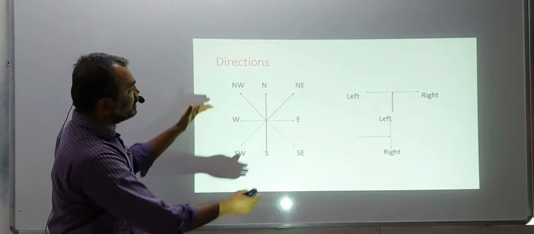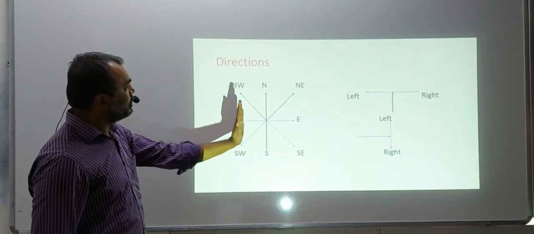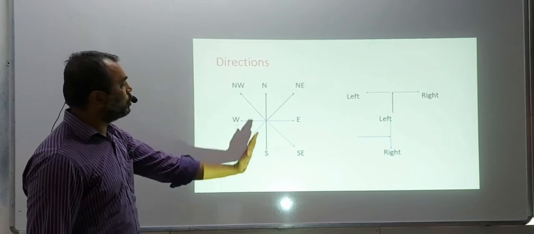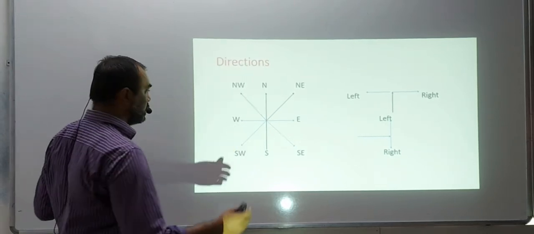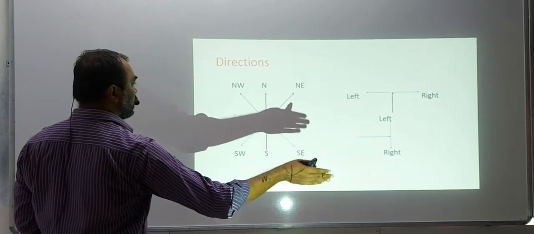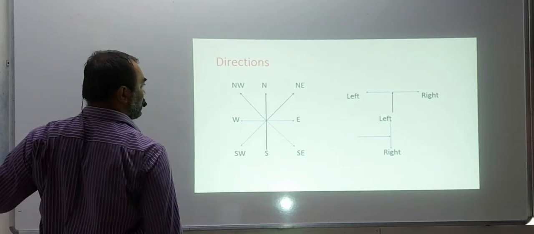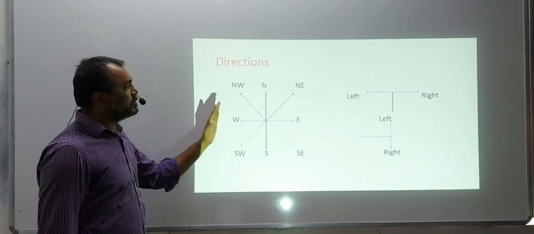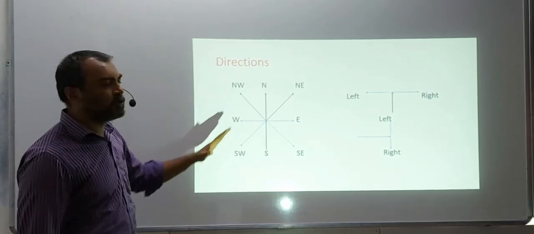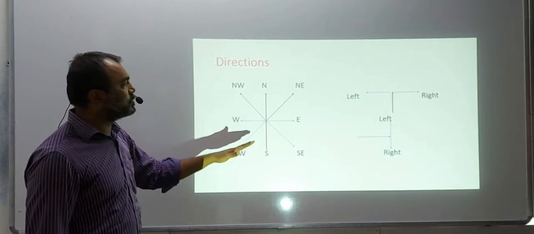Now you can rotate it either way you want, but the best thing would be to take in your paper the top to be the north, bottom to be south. So when you are standing looking at the north at the top, the right hand is the east and the left hand is the west. So these are the directions which you are going to use in today's questions. Okay, so this was about the directions north-south.